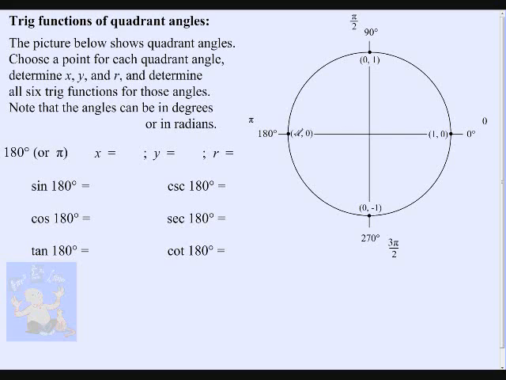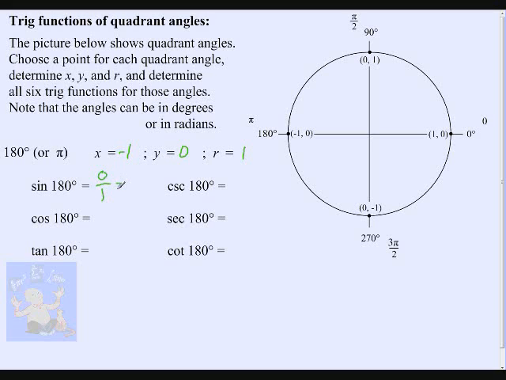Okay, the trig functions for 180 degrees. Oh, this is interesting. Now we're into some negatives. Very good. So our x is negative 1, and our y is 0, and r is 1. Right? Remember that r, the radius, is always positive. It doesn't take on a direction. Okay, so now the sine is 0,